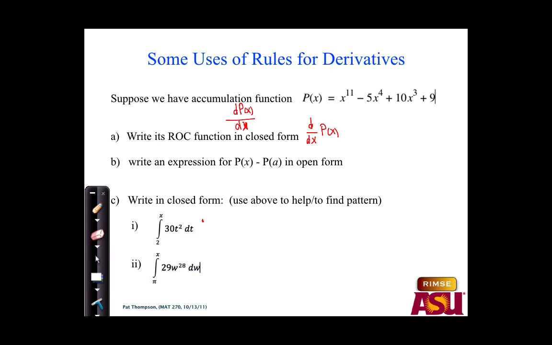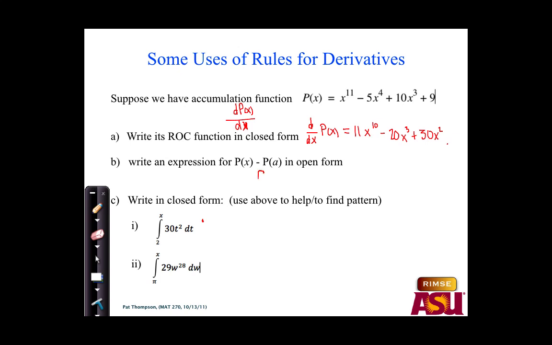But in any case, the derivative of function p of x, like we said before, would be 11 times x to the 10th minus 20x cubed plus 30x squared, right? So this is the rate of change function. I could call it p prime of x. I can call it this. I can call it that. I can call it r sub p of x. Lots of different notations. But if I want an expression for p of x minus p of a in open form, or the net change in function p between a and a general x,